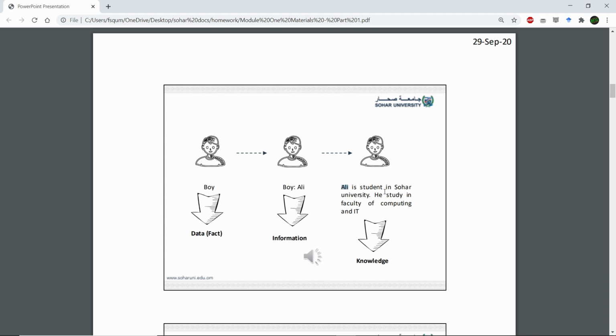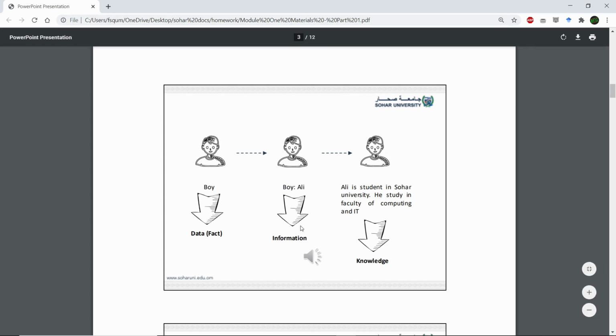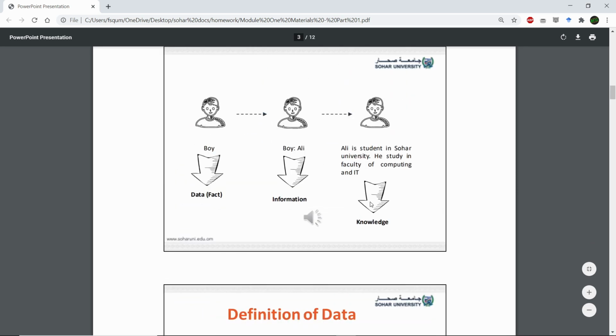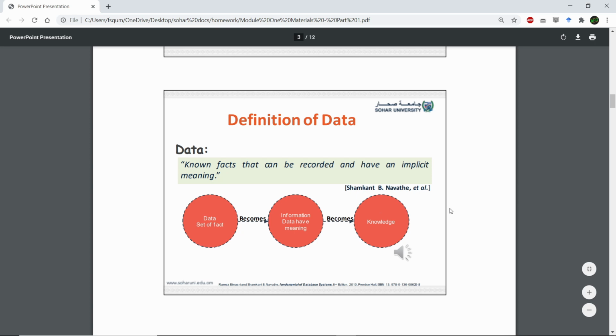Another example to this is when you study an animal and you can see the fact that there's an animal, and then you can look at the animal's name, look at its shape, look at its behavior, and that becomes information and knowledge. I hope that's a good example. So this is the first slide, and then we go to the